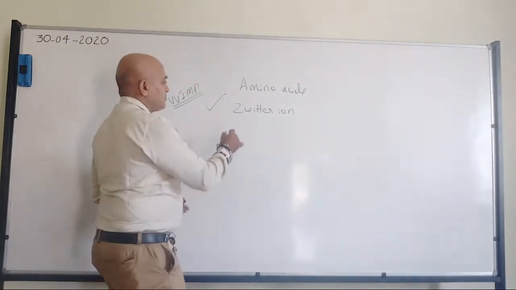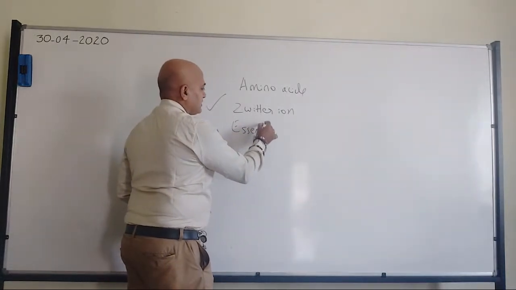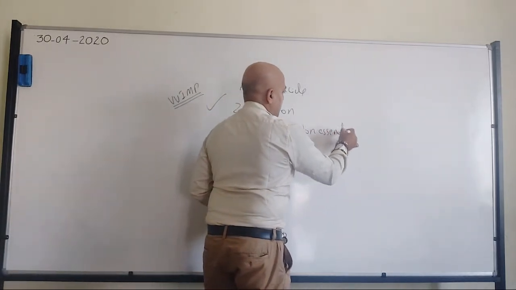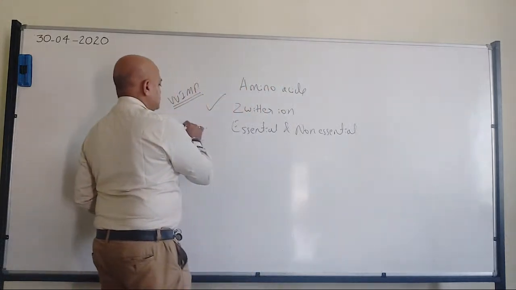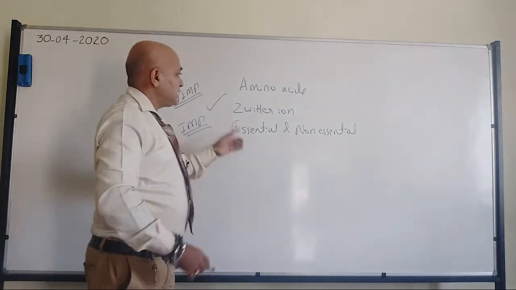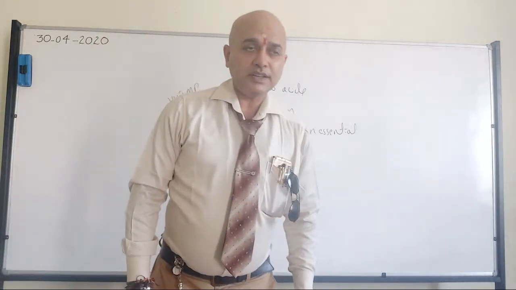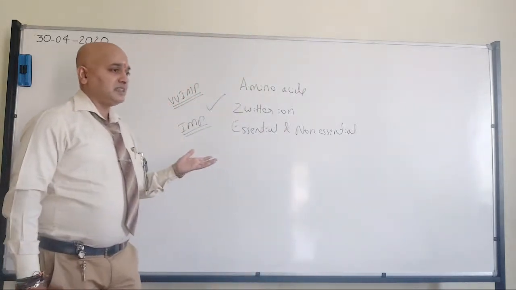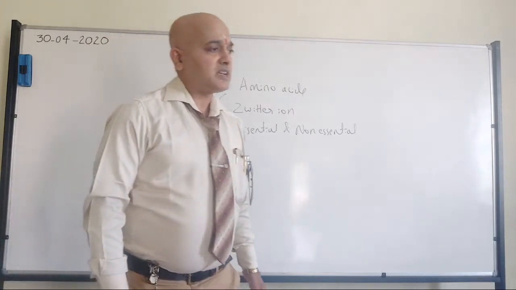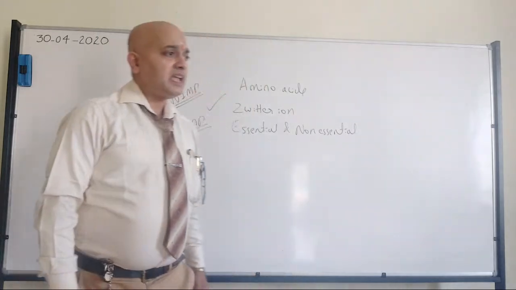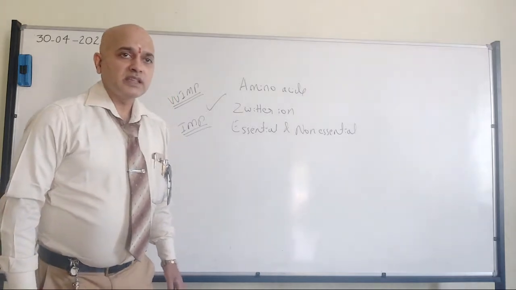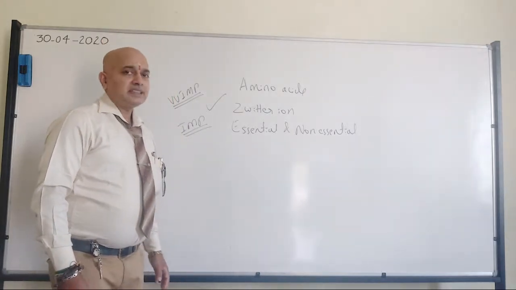Then we have discussed about essential and non-essential amino acids, right? So that is also important. I will not make it as very important, but it is important, while the zwitterionic structure is very important. So that's what we had discussed in the last class. All of you have understood? Any doubts with respect to the last class? Otherwise, we'll move to the next part. Fine? Okay, so in that case, we'll move to the next part.